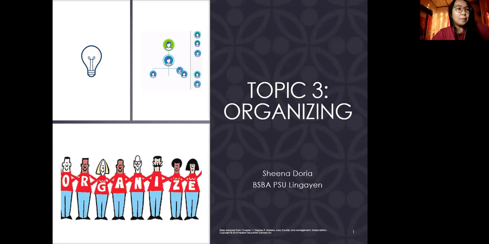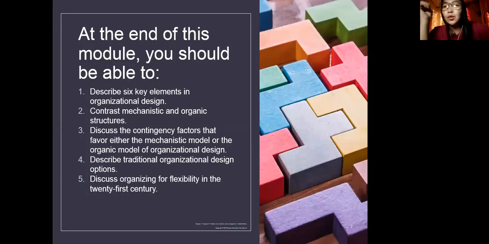Okay. So in this module, you should be able to, number one, describe the 6 elements of organizational design, number two, contrast mechanistic and organic structures, number three, discuss the contingency factors that favor either the mechanistic or the organic model of organizational design, number four, describe traditional organizational design options and discuss organizing for flexibility in the 21st century. So in organizing for flexibility in the 21st century, you should be able to learn the different contemporary design options, the different options that you can use, especially in this pandemic. Okay, so